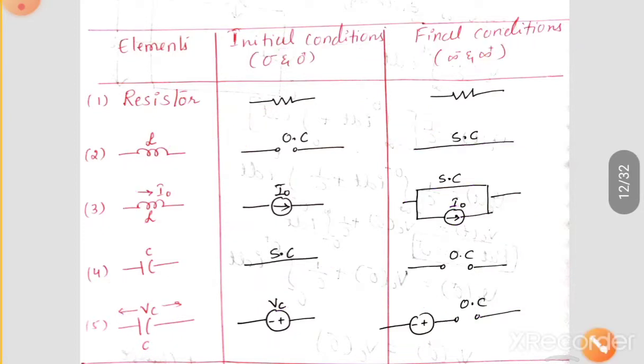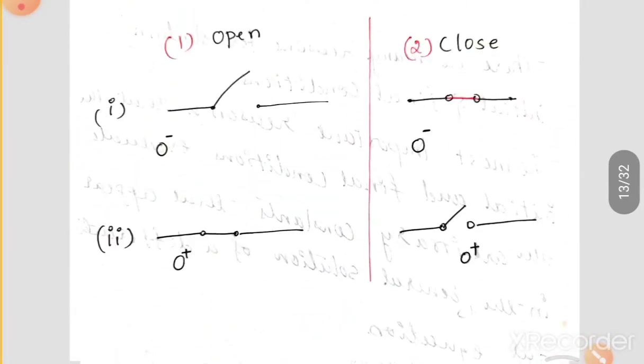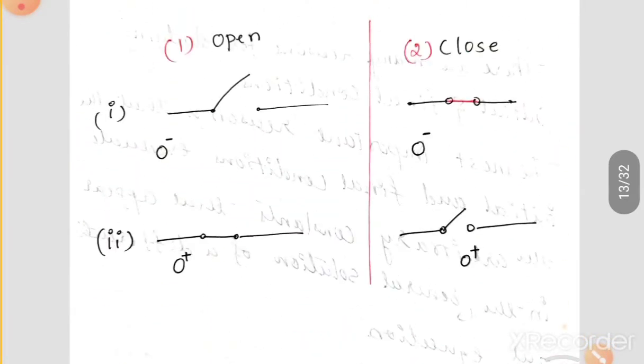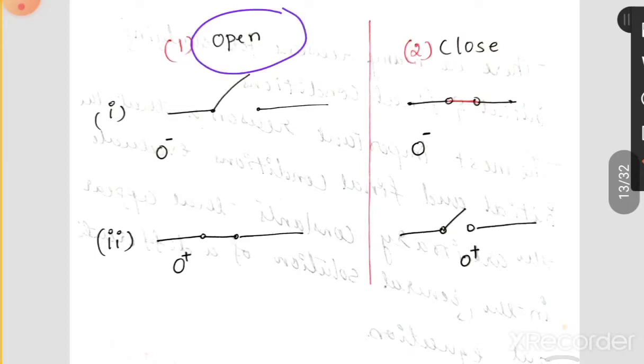So we will become very familiar with this by following its procedure. Till now what we have been speaking about is 0 minus and 0 plus. Let's see what we mean by this 0 minus and 0 plus. Now I hope you would have got it. Suppose there is a switching action; I use the words switching action every time. Switching action may be an opening action or a closing action. Now we'll concentrate on the opening action.